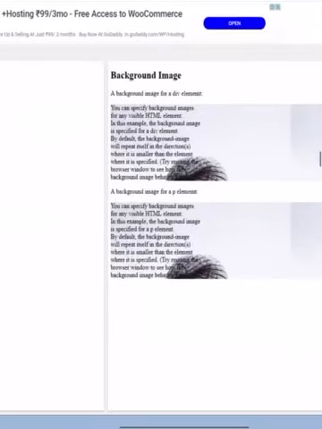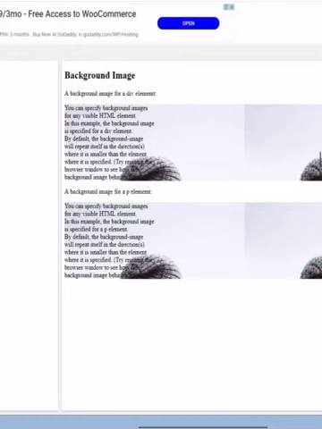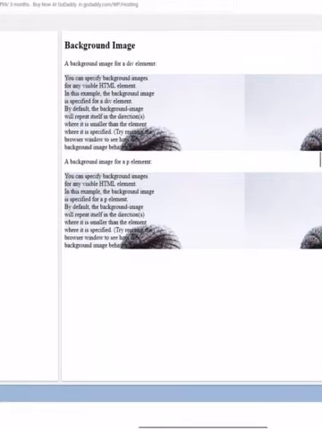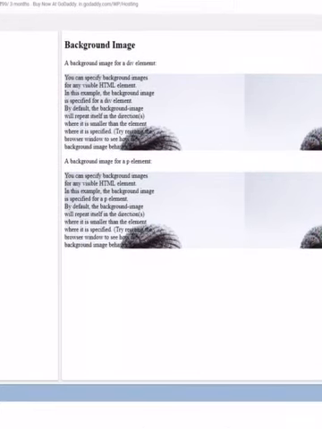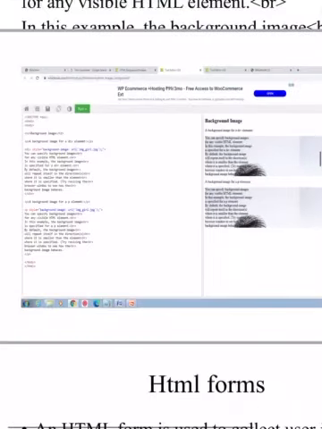If you see the output, the first one we have used is the div element. For that image img_girl, this particular text whatever we have written here is shown on the image, and for the background image for the p element, the p paragraph, this is what we got. So for the background we got the background image as well as the text we are trying to put onto that particular image. This is about your background image.